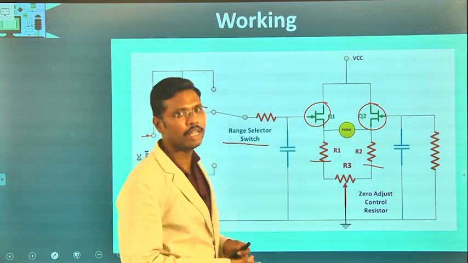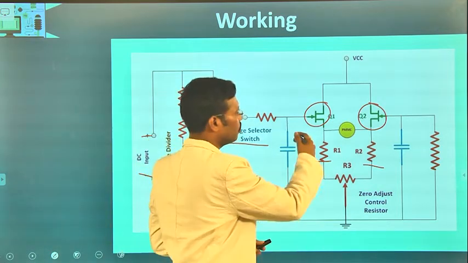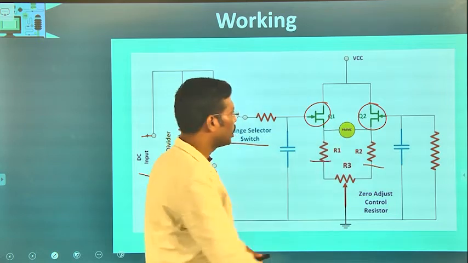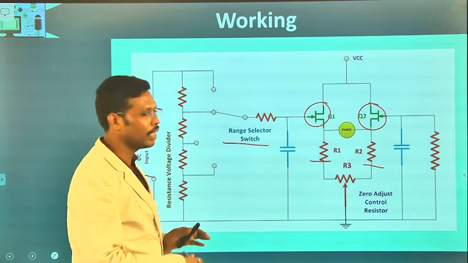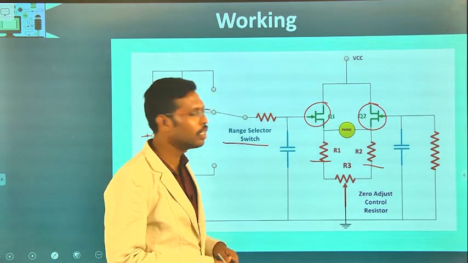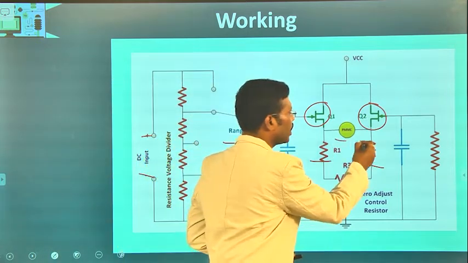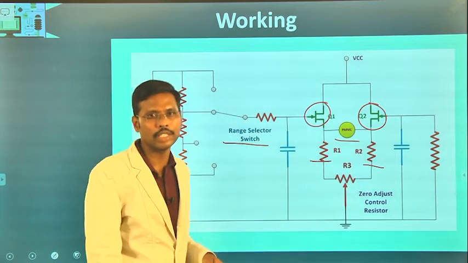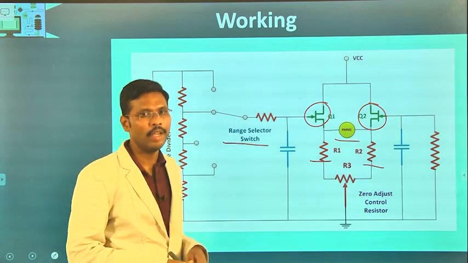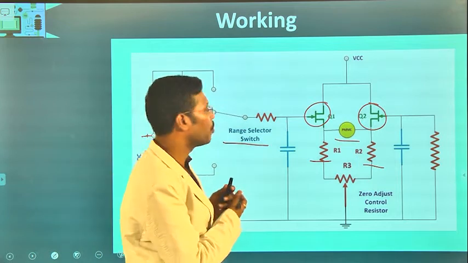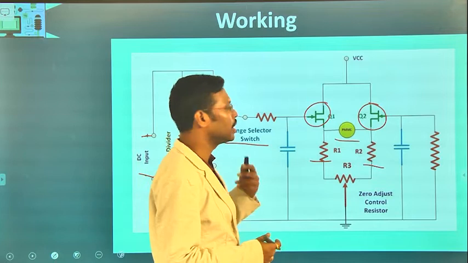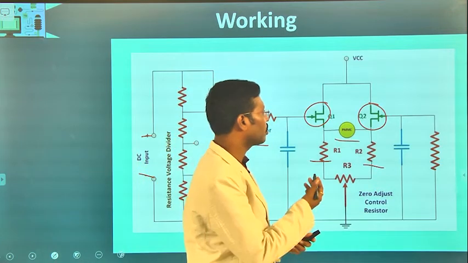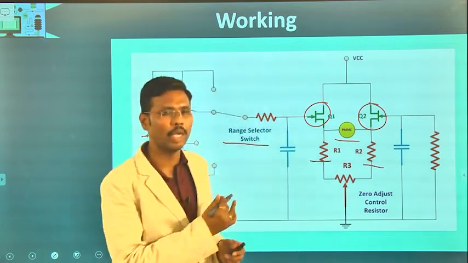So, initially in ideal cases, when this PMMC is connected in between these two as shown in the figure, at the initial case, when there is no input signal, ideally the PMMC should not have any input signal, there should not be any deviation or fluctuation in the reading. But when we construct this equipment practically, because of some stray signals present in the meter, there will be a slight variation, slight deviation in the PMMC.